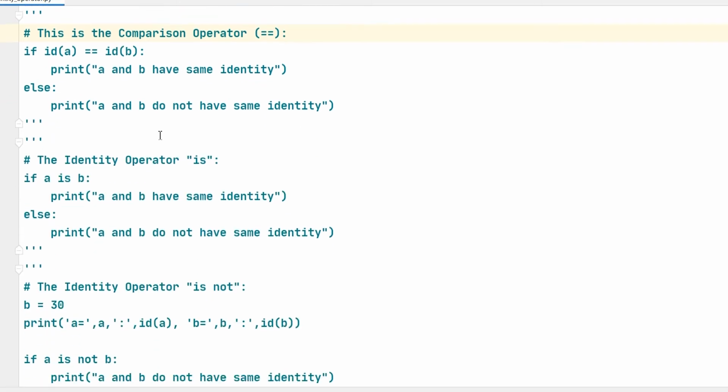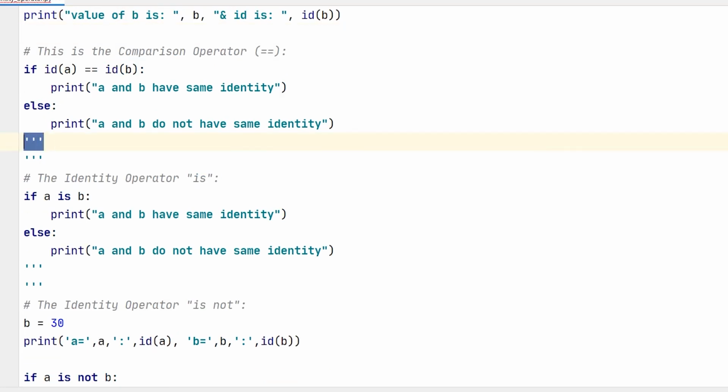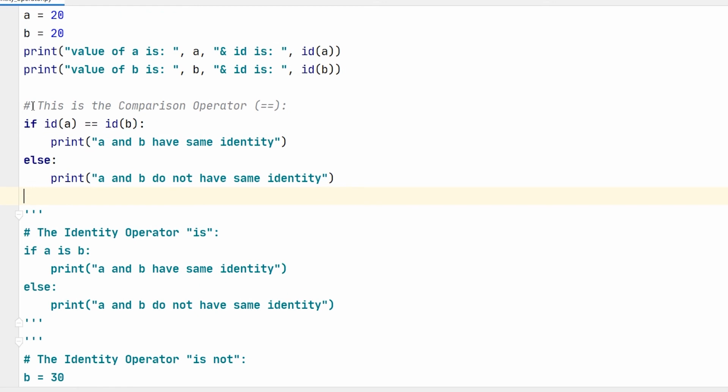Now I will tell you how to compare them with the help of the comparison operator as well as the identity operators. Then you will understand the difference between the use of the comparison operator and the identity operator. I have commented it out, so now I will remove the comments and show you what I have done.